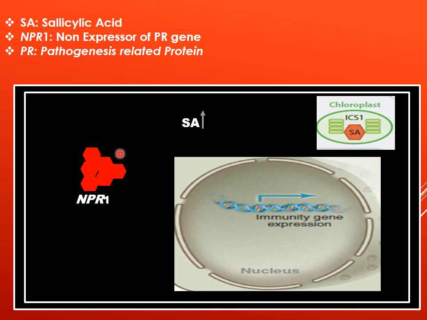When the plant is not under the attack of a pathogen, it means the NPR1 gene is present in the inactive form. But once the plant is attacked by an avirulent pathogen, the amount of salicylic acid increases, not in the cell which shows the HR, but in all other cells present in the plant. And this